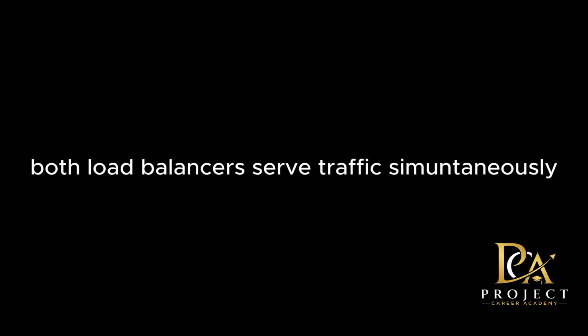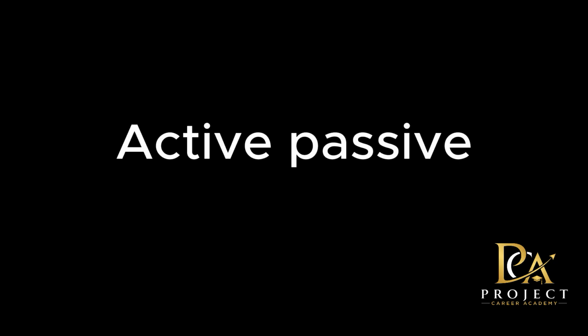Again, we have two approaches here. The first is active-active. For example, we deployed 2 load balancers. Both these load balancers serve the traffic simultaneously. We also have an active-passive strategy where there is a standby load balancer, but it is remaining on standby doing nothing, and it will only take over if the primary load balancer should fail. In practice, engineers do not configure this manually, and cloud providers actually handle this complexity for us. So you typically do not need to worry about the load balancer becoming a single point of failure.